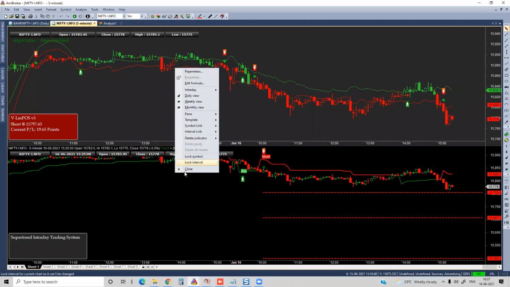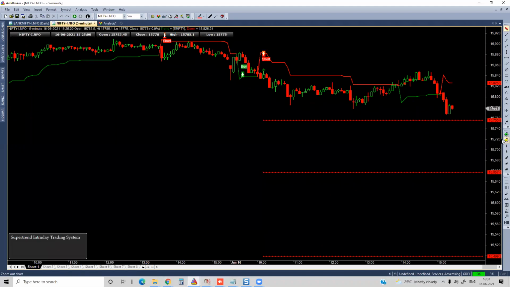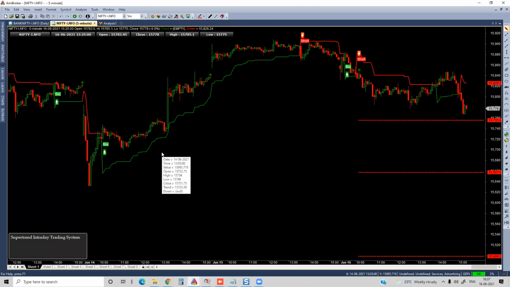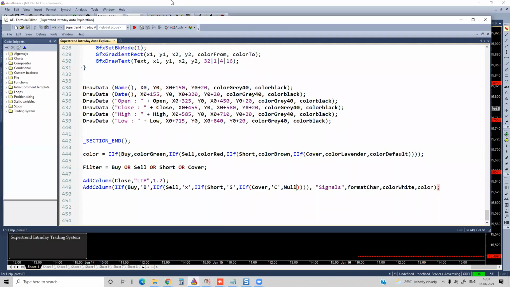This particular strategy, you can trade it from the charts as well. From the chart, whenever there's a buy or sell, you can send it to the broker. But here in charts, you have a limitation. There are a lot of limitations. At any given time, you cannot run hundreds or 200s of symbols, or 20 or 30 symbols simultaneously, which is not possible over here. But the same thing is possible if you are running from exploration. Even 30, 40 symbols, even 50, 100 symbols you can run from AMI Broker. And AMI Broker has insane speed over exploration.